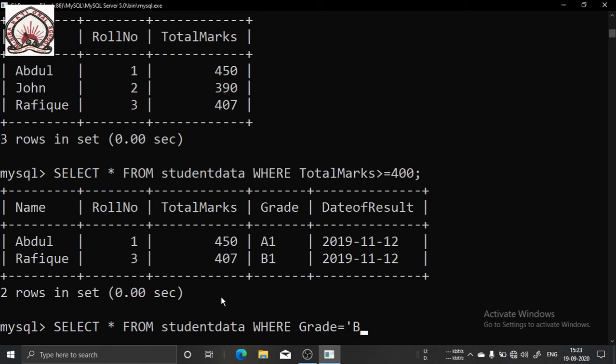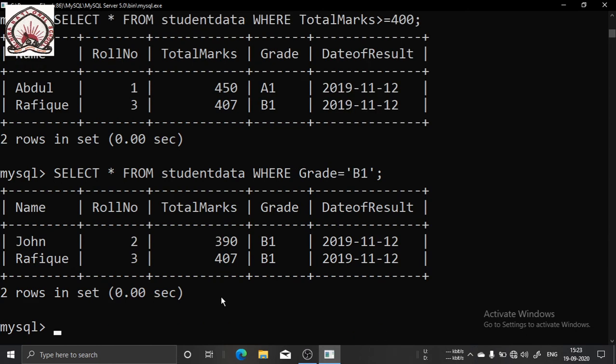Those students who have got B1, I have to see their records. See, John and Rafiq got grade B1, so their records have come, but Abdul, as he has got A1, his record has not come. So this is how I can select. This is selected rows and all columns. You can see all columns are coming.